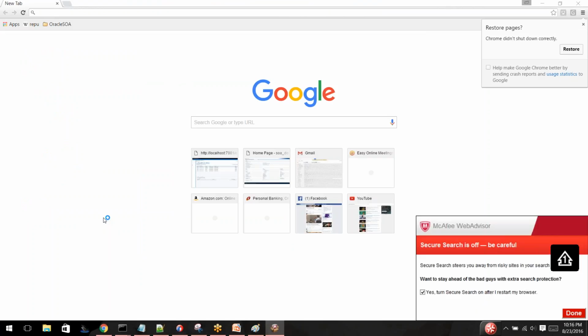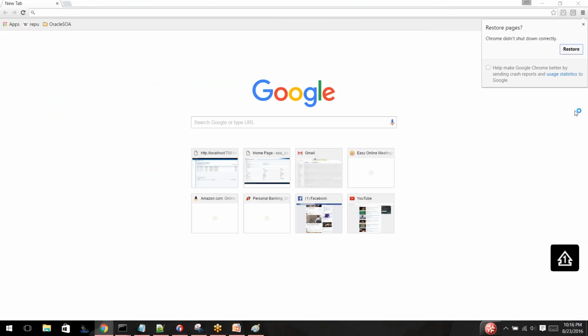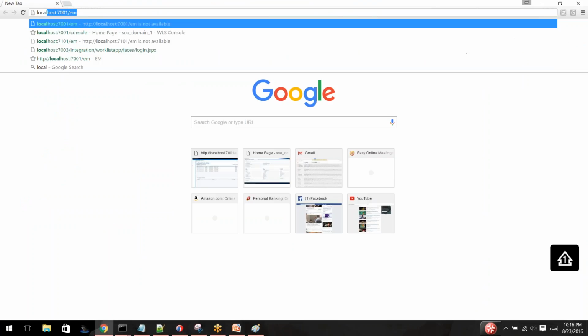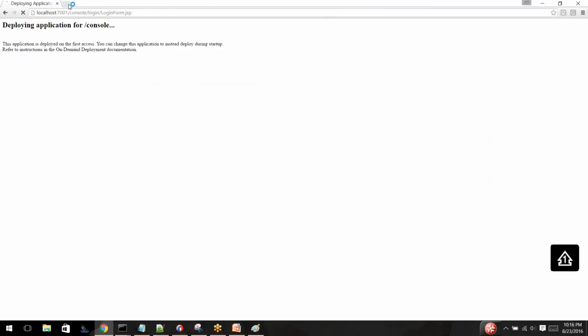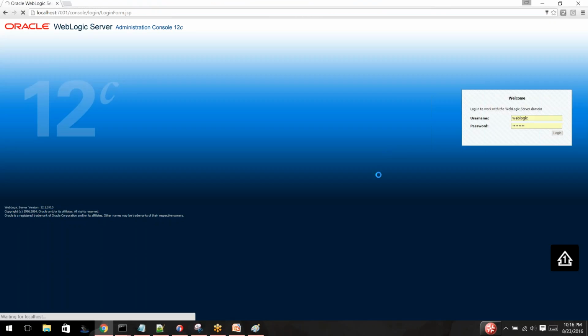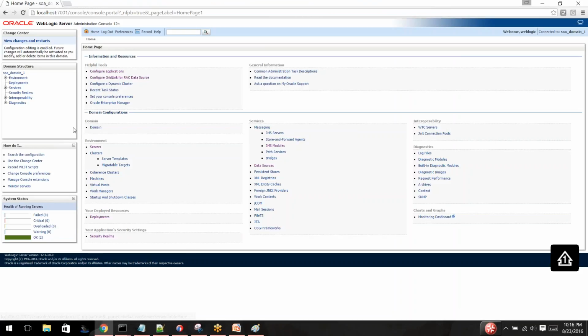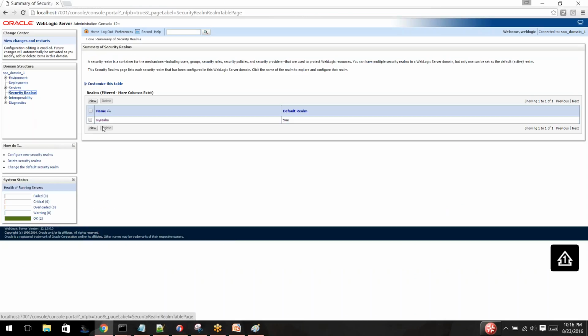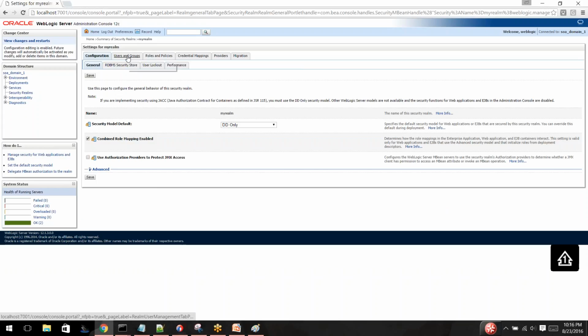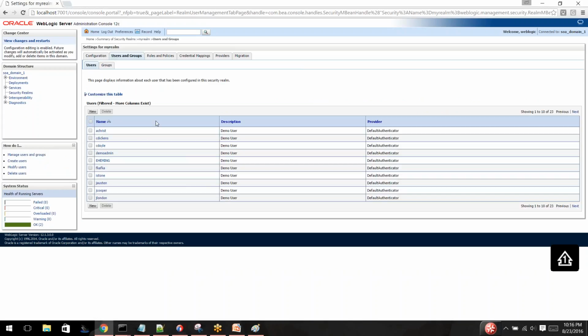One is to go to the WebLogic console. Go to security realms and then myrealm. This is where you have all the users. Click on users and groups. I have so many users, but you would have only two users, like admin and WebLogic. So you have to create all the users and then create the user-manager links between them, create the groups, everything, in order to work with this,